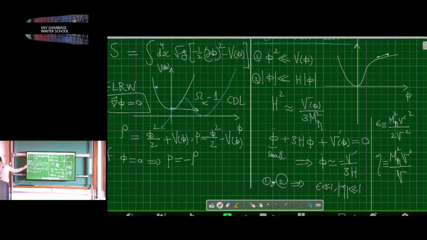Okay, so the fact that this is an attractor is very important. You will see later, it becomes related to the fact that perturbations of this scalar field will produce adiabatic fluctuations that Julian talked about in the CMB course. Okay, so there is not much time left, but I think it's enough that I just tell you about reheating.